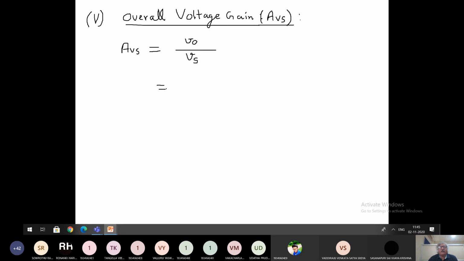And this will be equal to, in place of VO, you can also write V2, V2 by Vs, right? Now what I will do, I will simply rearrange this in this way. V2 by V1 multiplied by